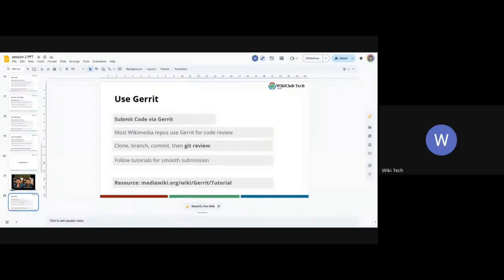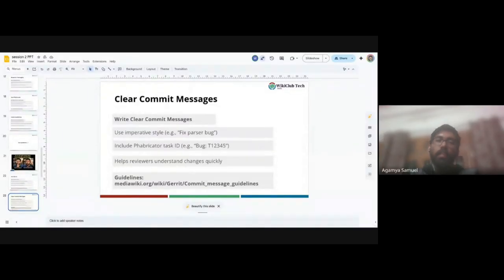Okay. I think we can go next. Yeah. Okay, so next up we have clear commit messages. I'll take up an example. So this is Gerrit, and